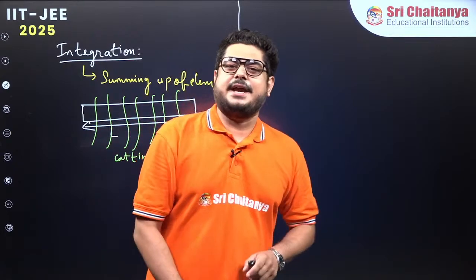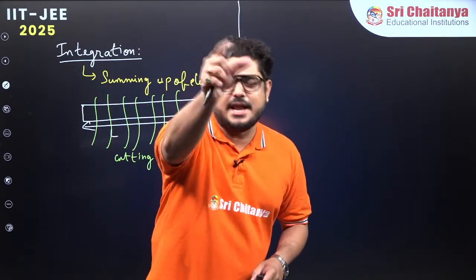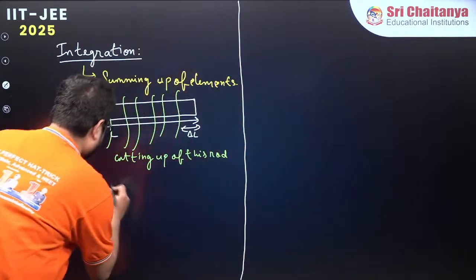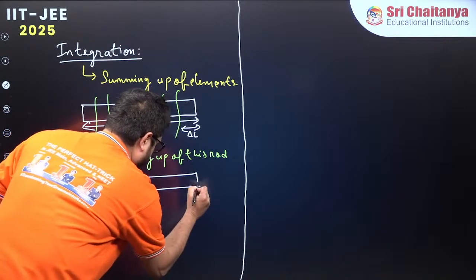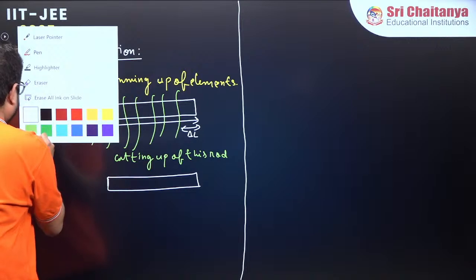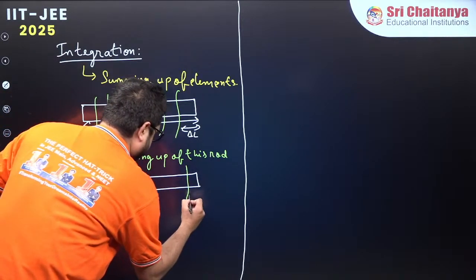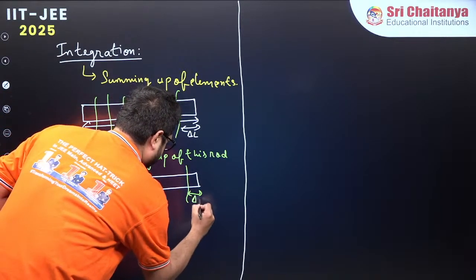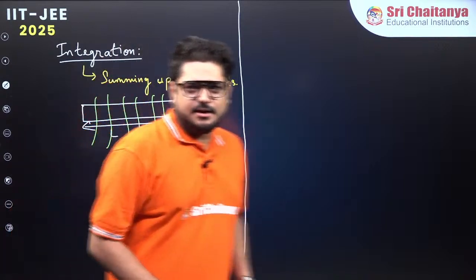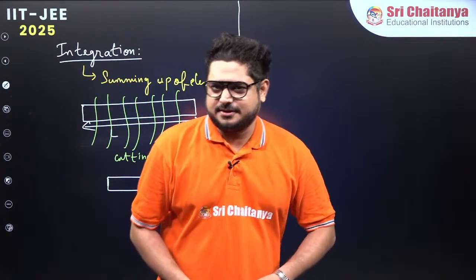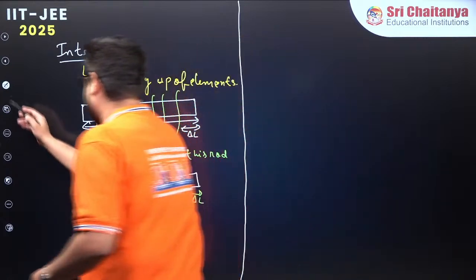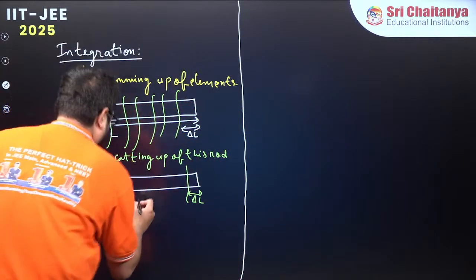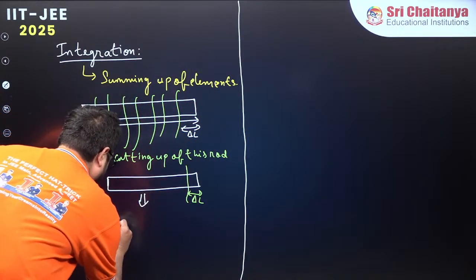I am just trying to cut a very small element from the rod. Let's say I am trying to cut this delta L. So if I remove this delta L, what is going to be the length over here? I can obtain the length of the rod after cutting, it's going to be,